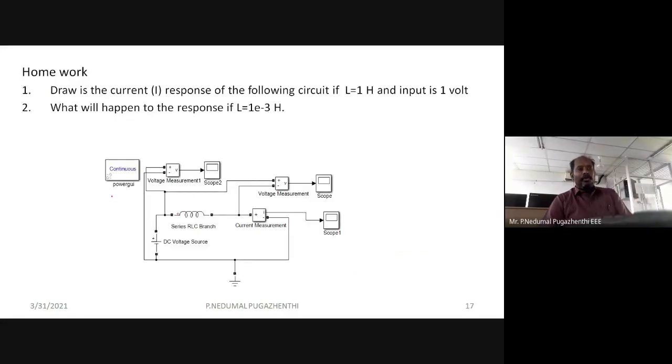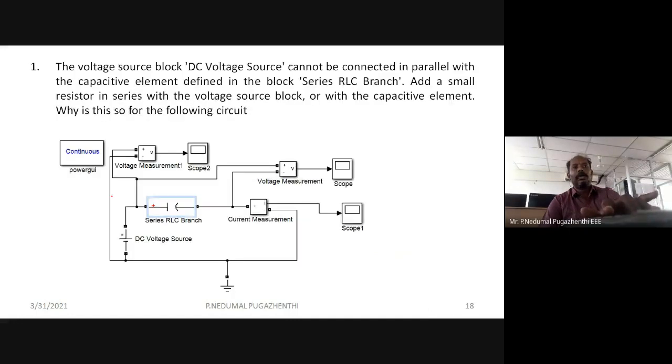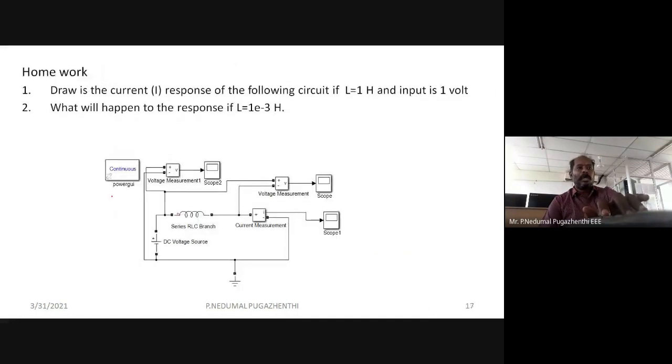I have given you a few homeworks. Try to explore them and tell me the answers. If you have an L circuit, not an RL circuit, with an L connected to a DC input supplied with a voltage of 1 volt, and the value of L is 1 Henry, what happens to your I of t? The I of t diagram should be obtained. And what happens if you change your L value from 1 Henry to 1 millihenry, what happens to your current? You can do that because you have been provided with the basic idea about modeling. So this is an L circuit.